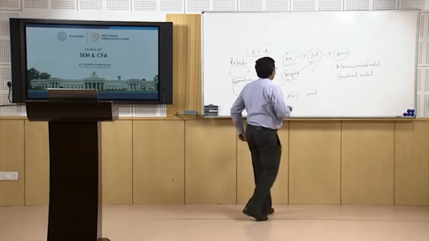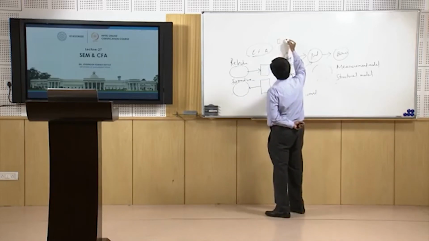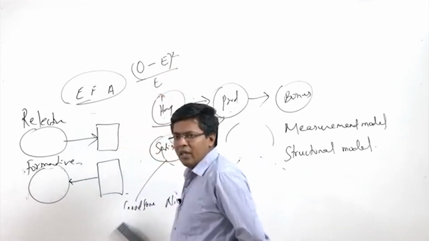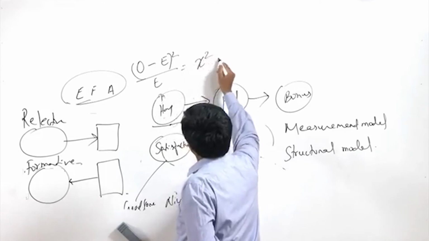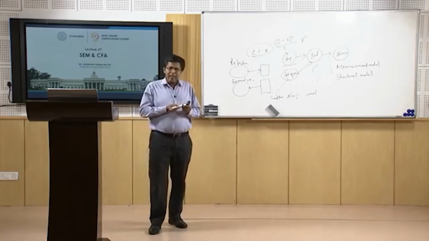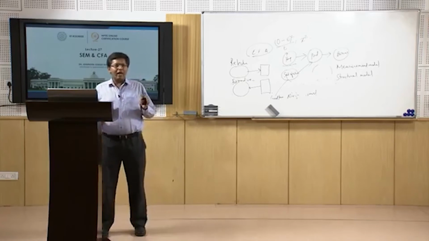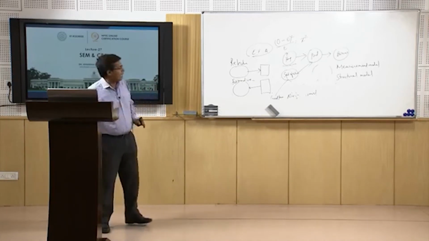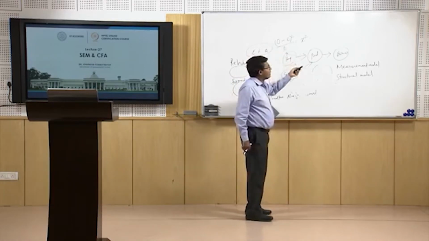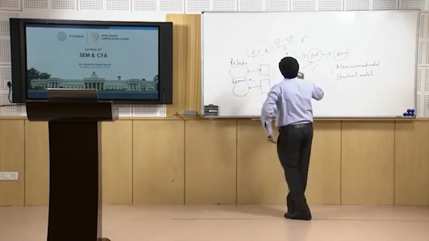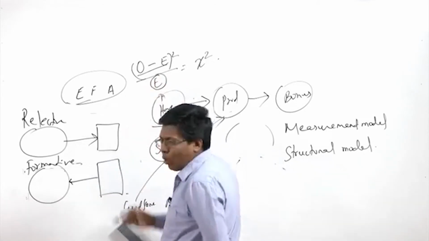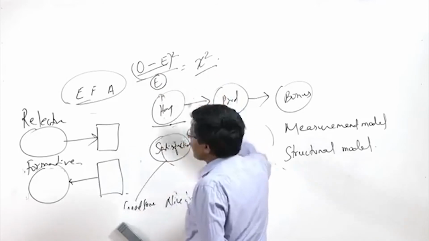Something like, if you remember, we had earlier discussed observed minus expected, squared, divided by expected. What was this? This was nothing but the chi-square. So, as I said in the beginning of this session also, in structural equation modeling, chi-square becomes one of the most important things. It is used as an important tool. Now, if your chi-square value is high, it will be so only when either the difference between observed and expected is large, or expected becomes a very low value. In that case only can the chi-square become larger.